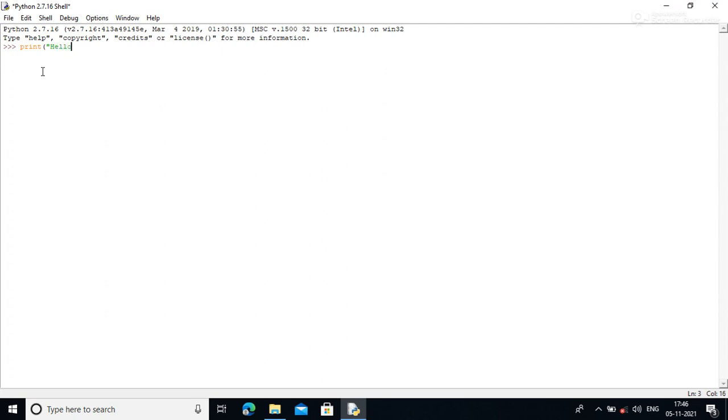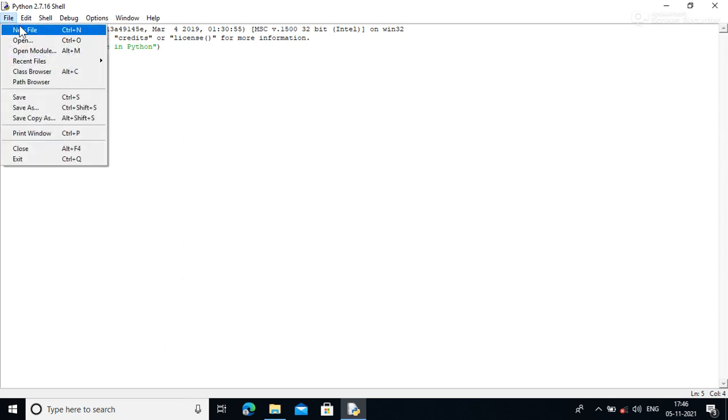Here again, if you want to print any statement, again use the print function and write hello, welcome in Python. After that, press the enter key. When you press the enter key, the output will be displayed in blue color, like hello, welcome in Python. This is IDLE mode. And if you want to open script mode, click on the file tab and choose the new file